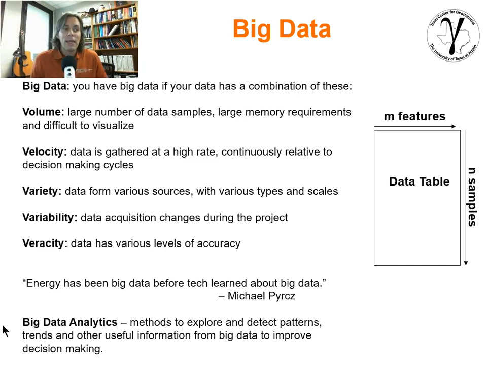Variety. The data comes from various sources. You have various types, you have different scales, you're having to deal with a variety of different variables. Variability. Data acquisition changes during the project. This often happens in the subsurface. We have seismic information where it was at a certain scale, and then suddenly you have refined and improved your acquisition method. Now you have higher resolution. There might be different types of error to mitigate and so forth. It changes. And veracity. The data has various levels of accuracy, and we have that all over the place.